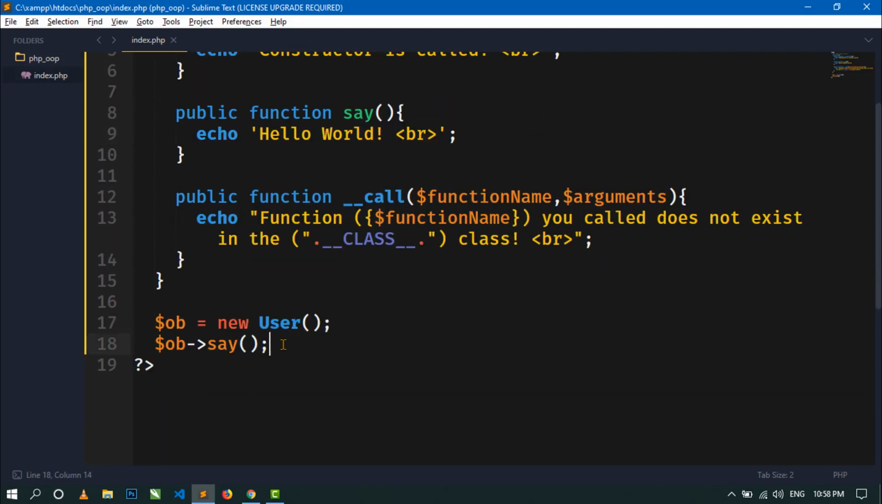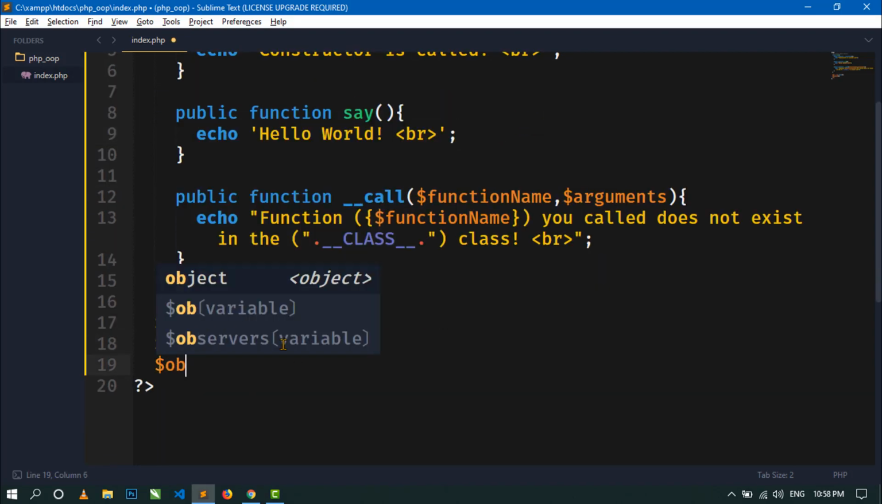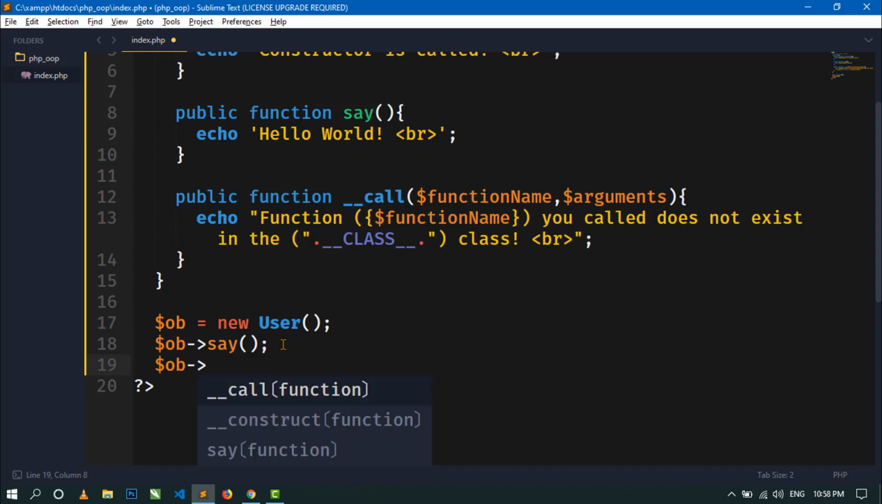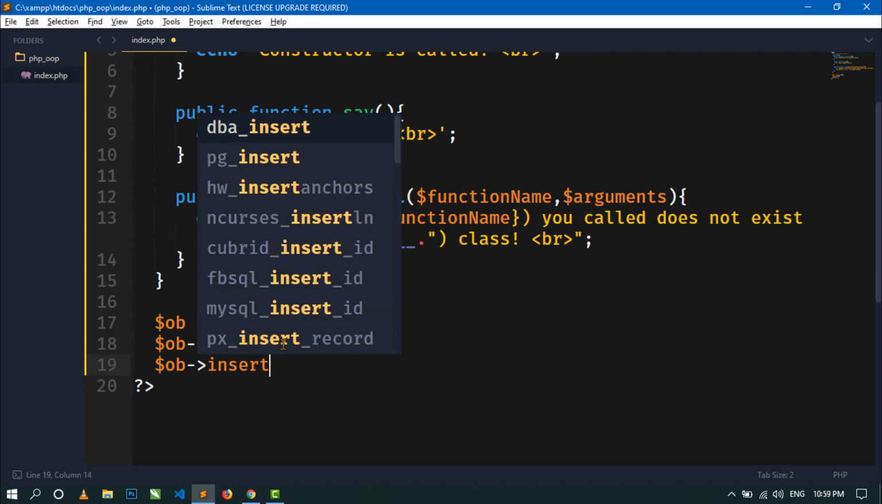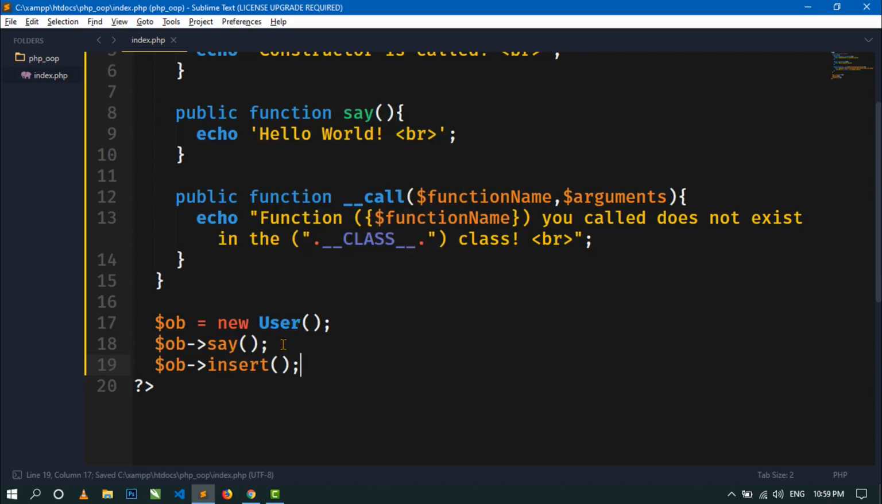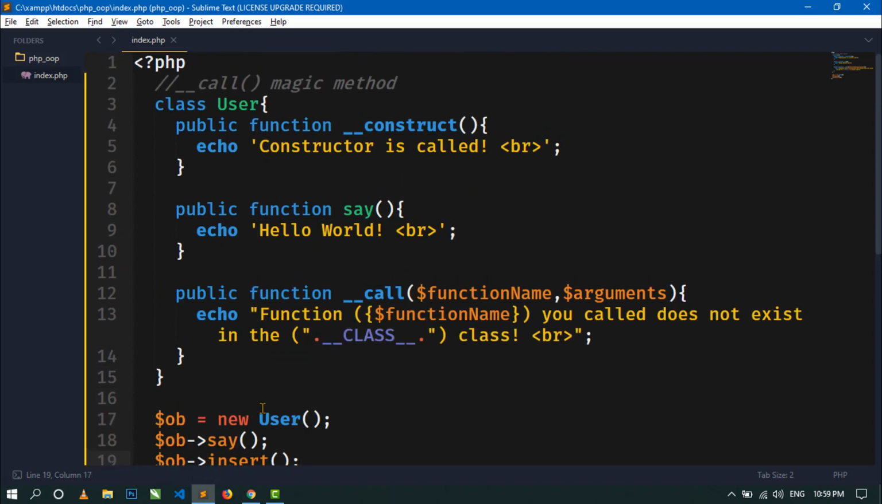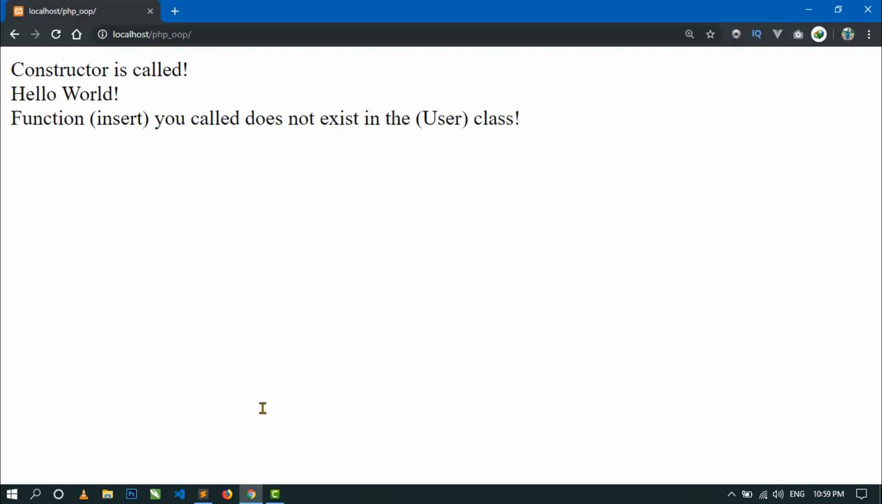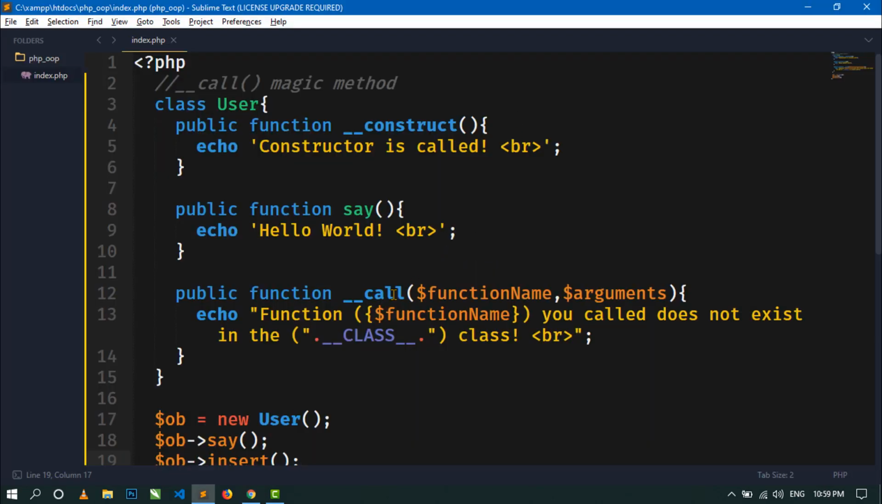Okay, now let's try to call a method that is not defined inside the user class. So here I am calling the insert method. Now in the class you can see this insert method is not present. If we save this, go to the browser and refresh, then we get the message: function insert you called does not exist in the user class. So this is the use of the __call